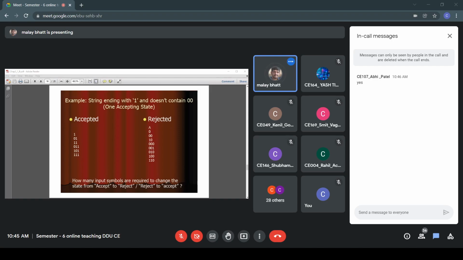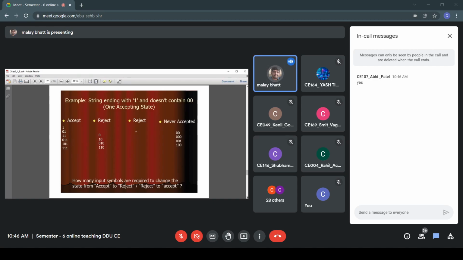So this will give rise to a new state, and that is known as the dead state. The dead state will contain all the elements which have a 0 0. So you can see that we have these strings 0 0, 0 0 0, 0 0 1, 1 0 0, because these are never accepted. Anything after this will never be accepted.